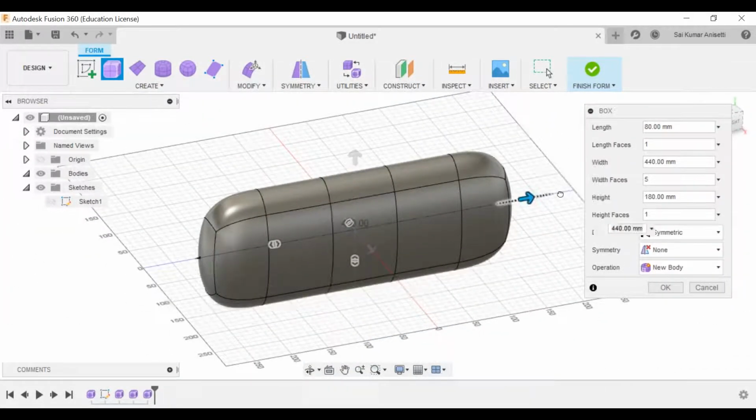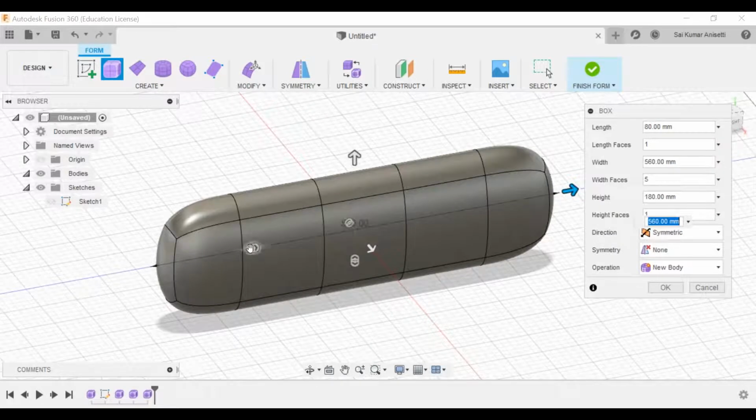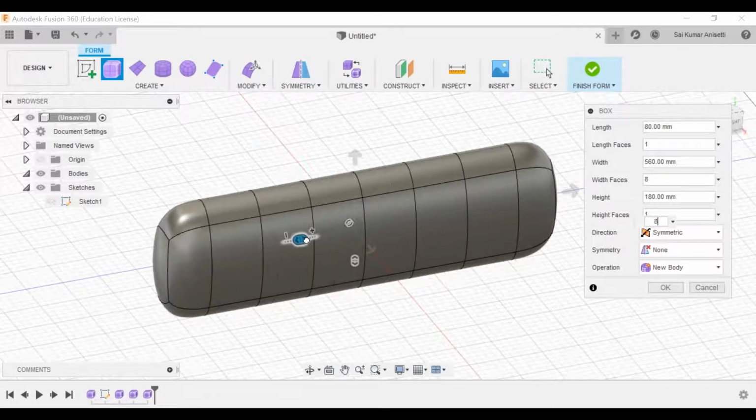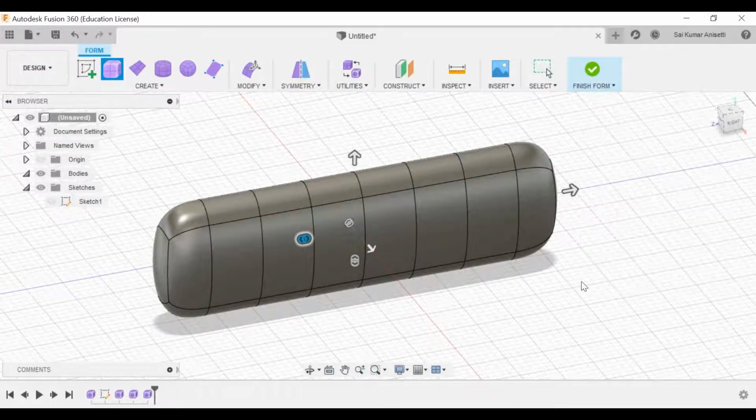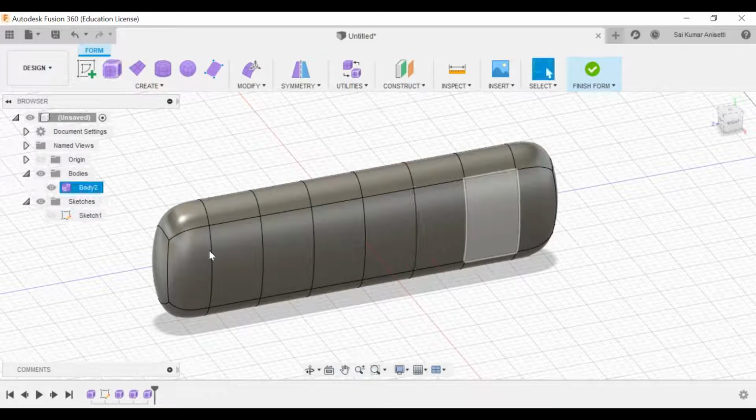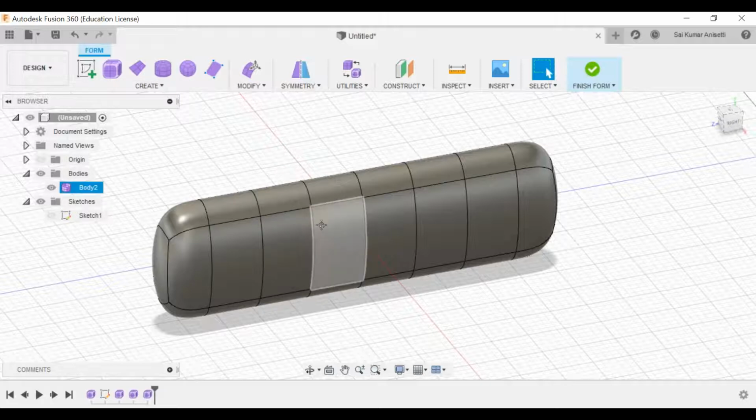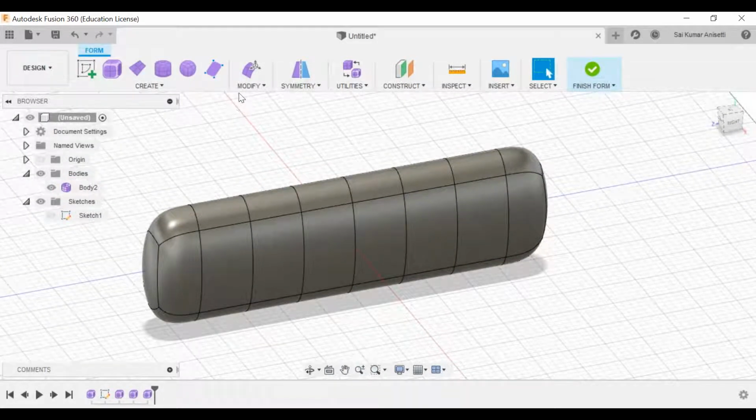If you want to add more faces, you can add more faces, and that is how you actually control and play with these things around. Just click OK. Once you do it, your computer will be really slow while working with these splines and all. And now if you want to modify whatever you have made,